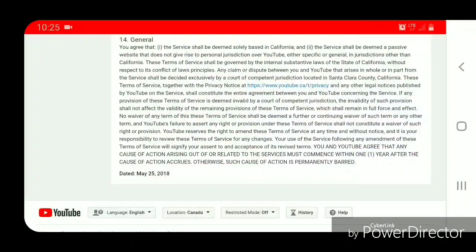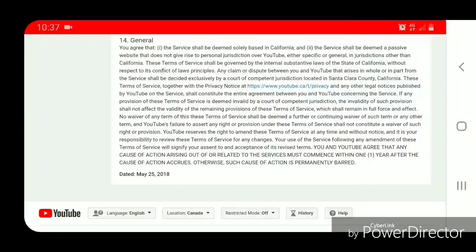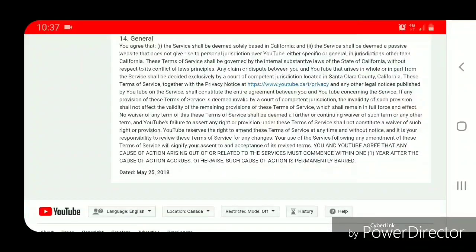These terms of service shall be governed by the internal substantive law of the state of California, without respect to its conflict of laws principles. Any claim or dispute between you and YouTube that arises in whole or in part from the service shall be decided exclusively by a court of competent jurisdiction located in Santa Clara County, California. These terms of service, together with the privacy notice at https://www.youtube.ca/t/privacy, and any other legal notices published by YouTube on the service shall constitute the entire agreement between you and